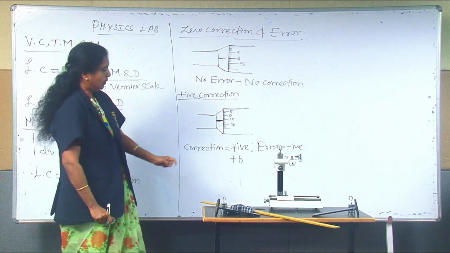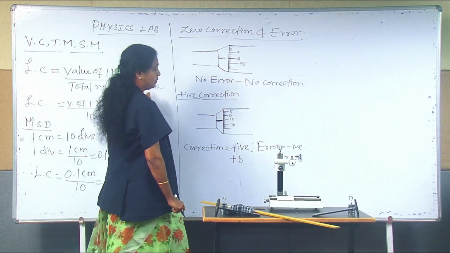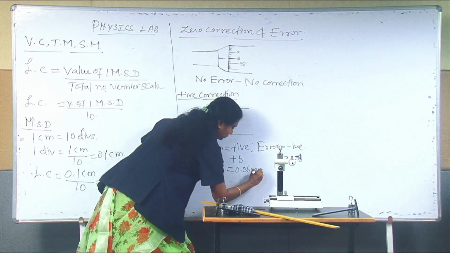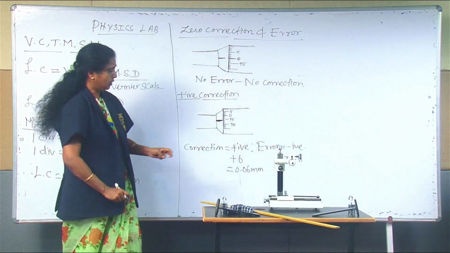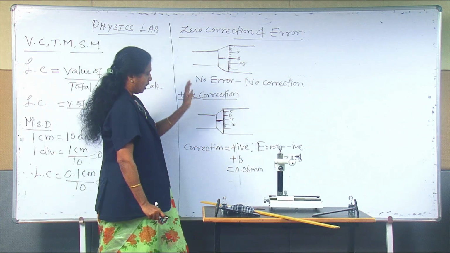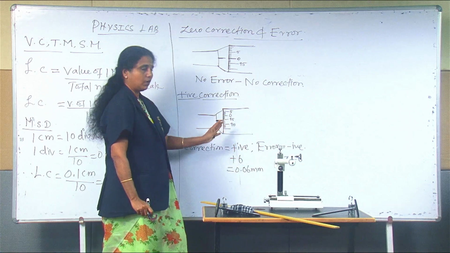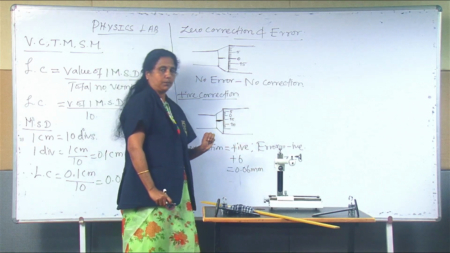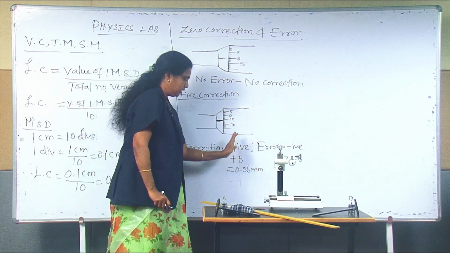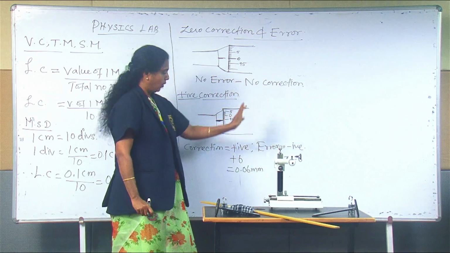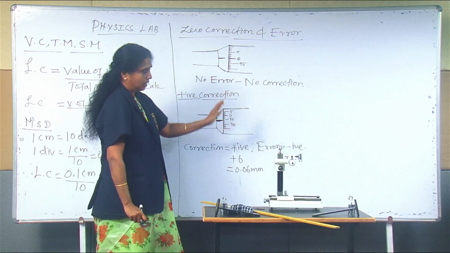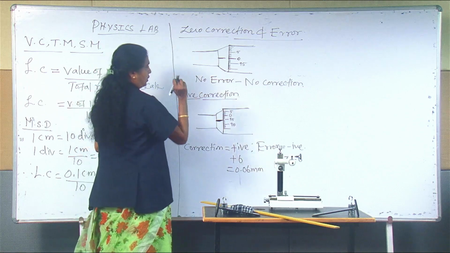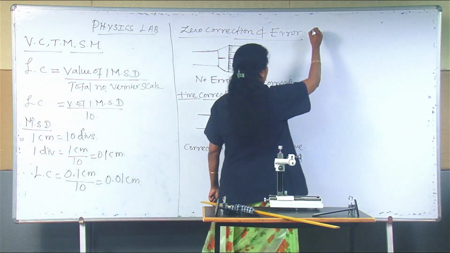And immediately you have to multiply this 6 with the least count value. So the correction is equal to 0.06 mm. Don't bother about this error, because you are going to carry out this correction value only. After getting the divisions, whether positive or negative, you have to multiply with the least count value. So it is 0.06 mm. In the tabular column, if it is a positive correction, you have to add 0.06 mm to the observed reading, or if it is a negative correction, you have to subtract the value from the observed reading. And this is the positive correction. And coming to the negative correction,